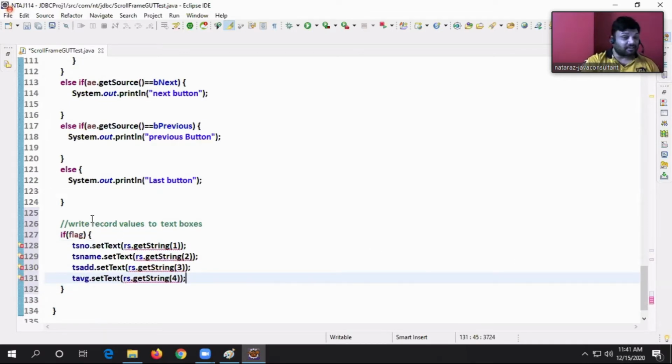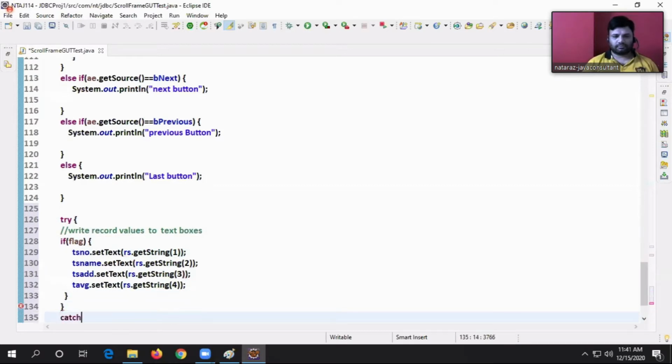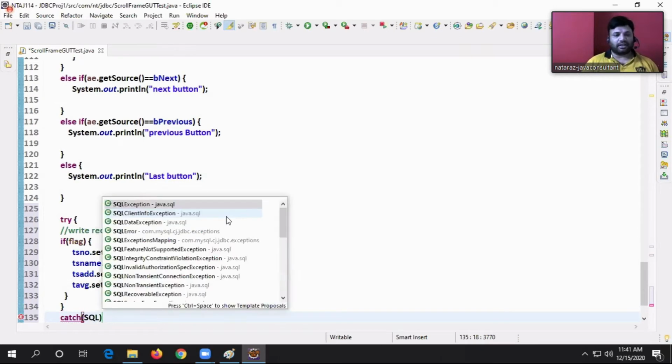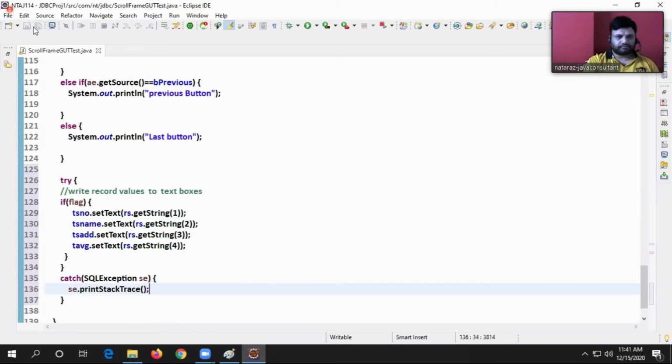But RS throws a checked exception, so that's why I am going to keep this part again in a try block. Catch SQL exception, SC dot print stack trace.